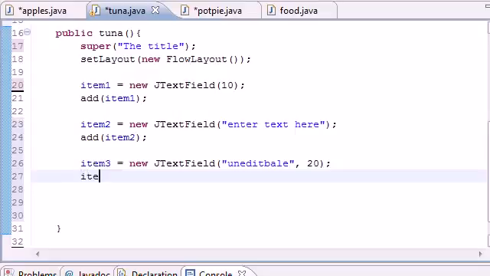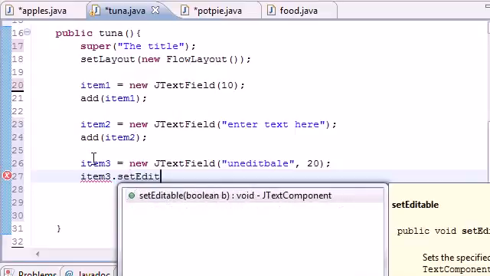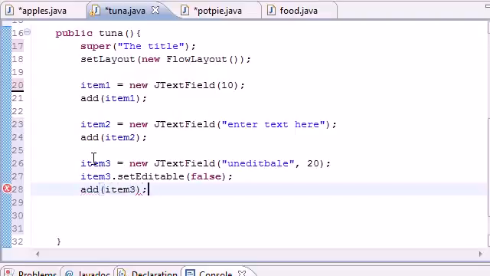So what we're going to do is take that item 3, which is that text field, and how you set the editableness is go set editable, and what you're going to do for this is put false. And if you put false, that text field is not going to be editable, so the user is going to be able to read what's on the screen, but they aren't going to be able to edit it. And now what we want to do is just add item number 3 to that,